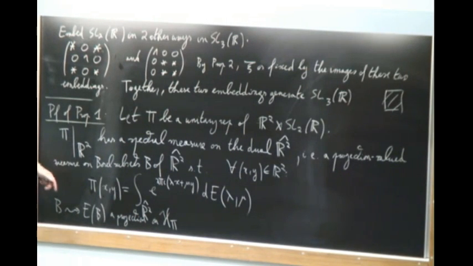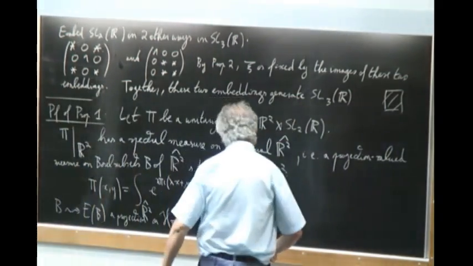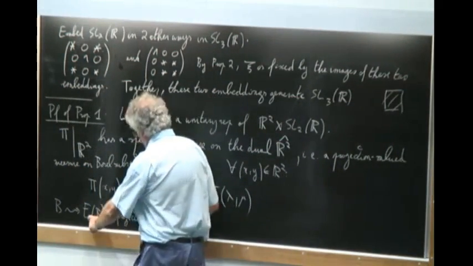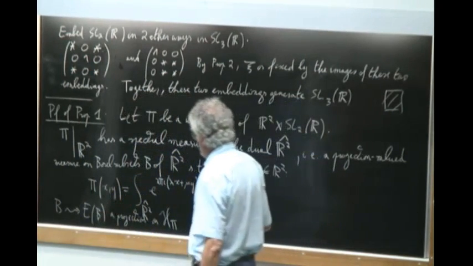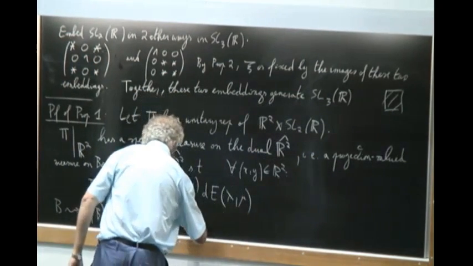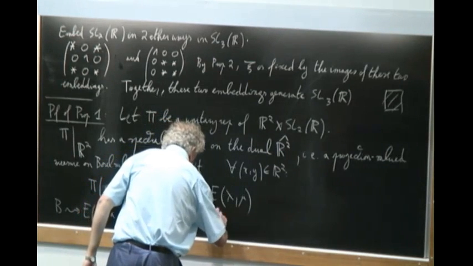And this measure satisfies this relation, which makes sense in the weak sense precisely. And moreover, if we remember that pi is actually a representation not only of R2, but of the whole semi-direct product, we see that this spectral measure satisfies some equivalence relation. So, namely, it satisfies the following,